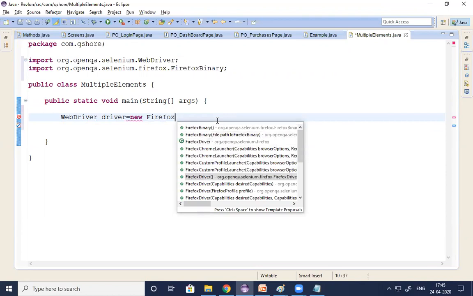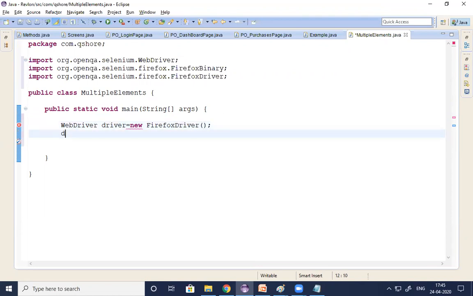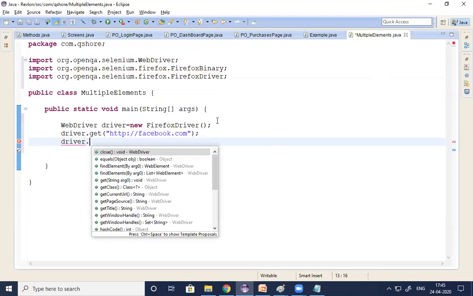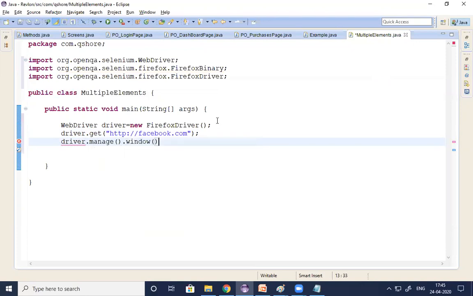Understand? Next one, what next we have? driver.get. I'm just using Facebook application. So what next? We have maximizing: driver.manage().window().maximize(). This is common code, guys. Okay, this is common code. In the next videos, I'll explain how to reuse this code by creating the methods. Don't worry about it. Once you open the application, once you maximize the application, now I would like to count